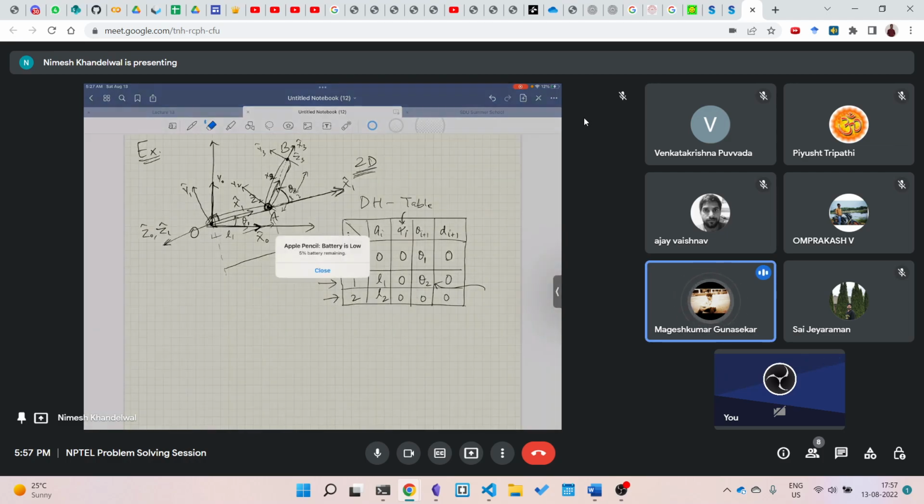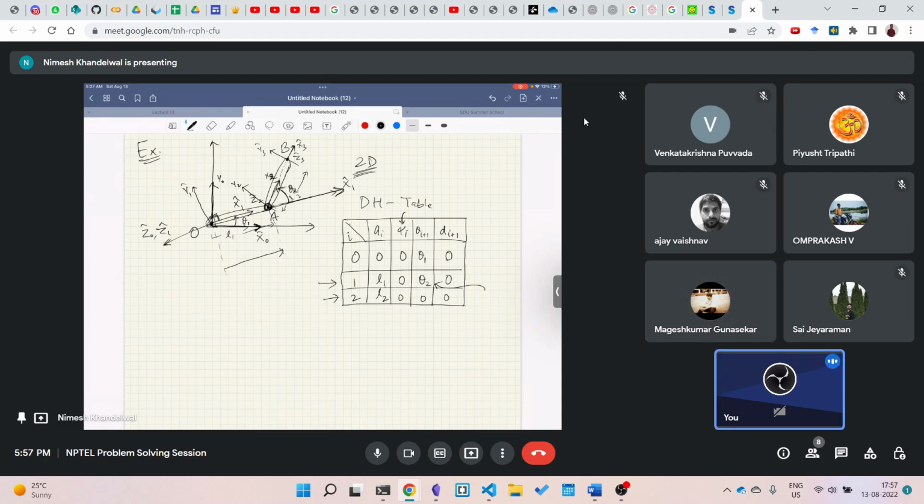Now what? The whole point of forward kinematics is we want the coordinates of the end effector, or the tool. One way to do that is to write a transformation matrix from the frame attached at the end effector to frame 0. It is frame 3, right? From 3 to 0,